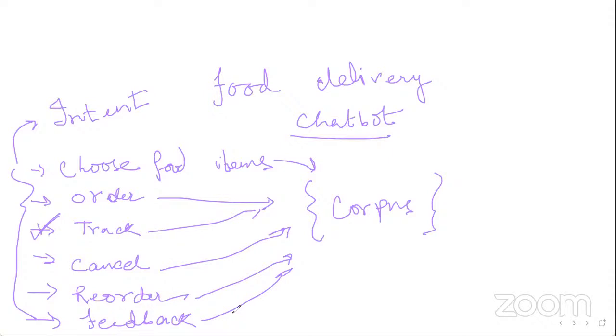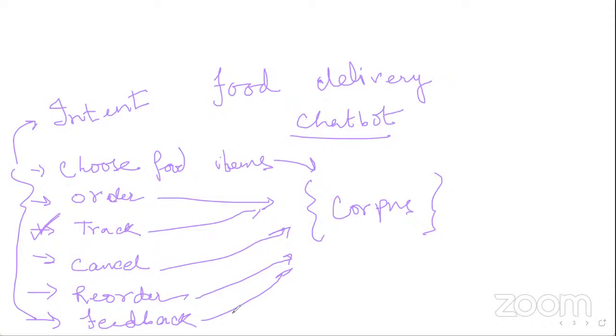So our model is very much limited with this set of intents. But there is a good advantage: most of the people who communicate with a food delivery app will not speak about anything other than that particular order. You will not speak about the World Cup, right? You'll only speak about this particular order, where is my order, by when it will reach. So we really don't bother much about it.